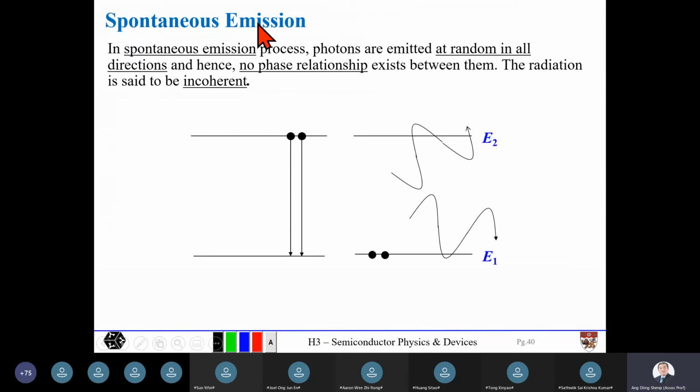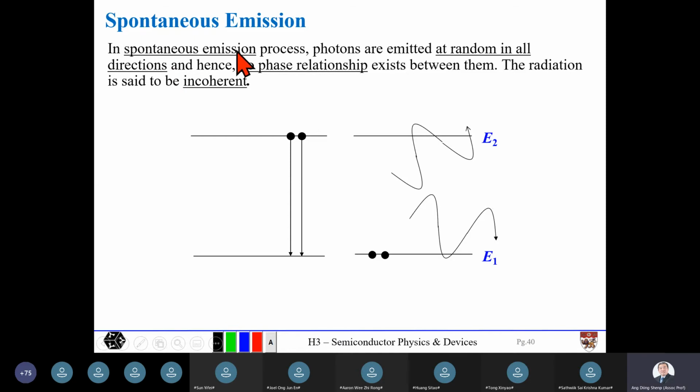Let's look at spontaneous emission. When electrons fall from a higher energy level E2 to a lower energy level E1 in an entirely random manner, on its own at random times, then the resulting photon that is emitted is a